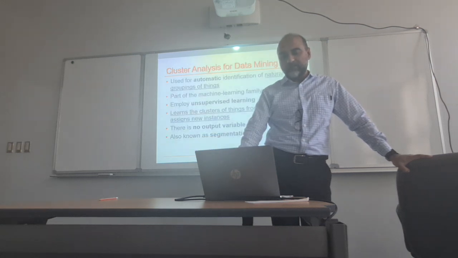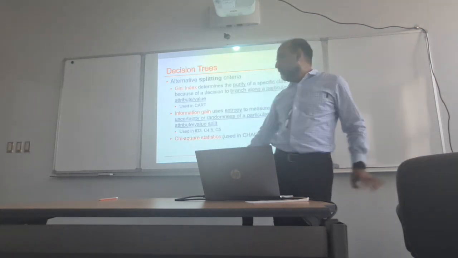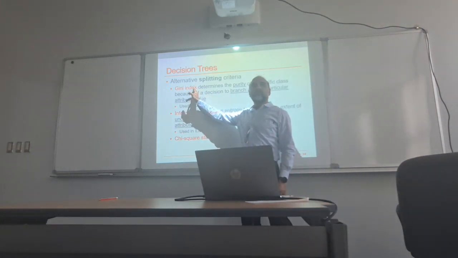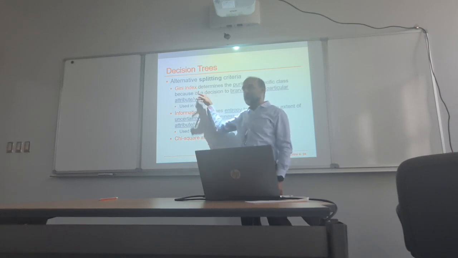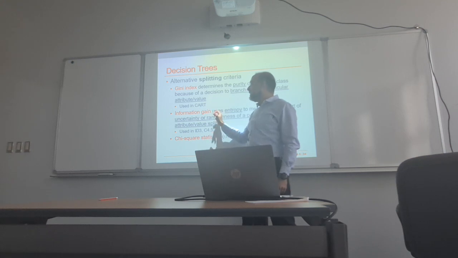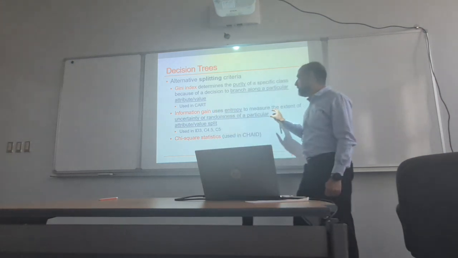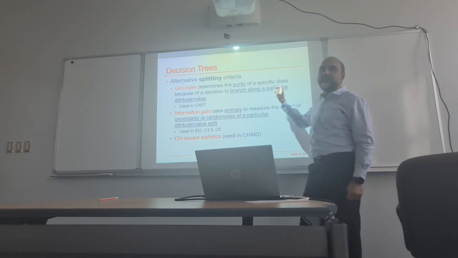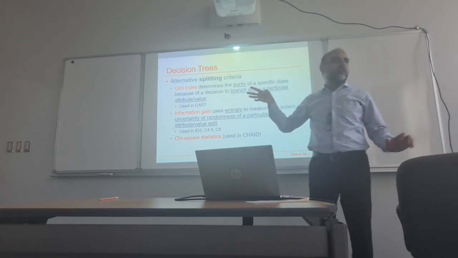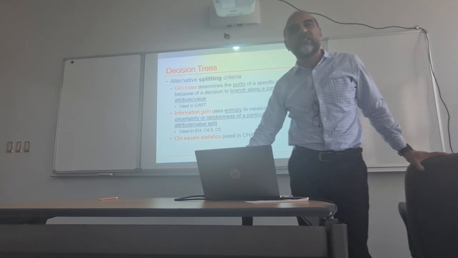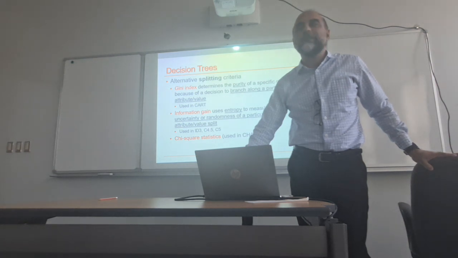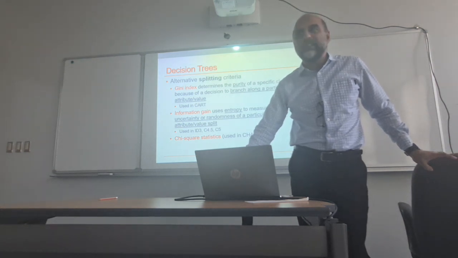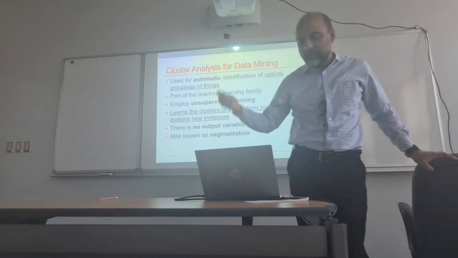Okay, let me just go on. The thing is how the algorithm is picking the top node and all those things. There are different techniques. This is the part I'm skipping. There is something called Gini index, information gain, and entropy. You just need to know the names, but this is the math behind it. We cannot go into the detail, otherwise we'll need like two classes just to explain those two measures. You just need to know that there is a mathematical approach behind all of them, and you will be able to learn it maybe in another course.